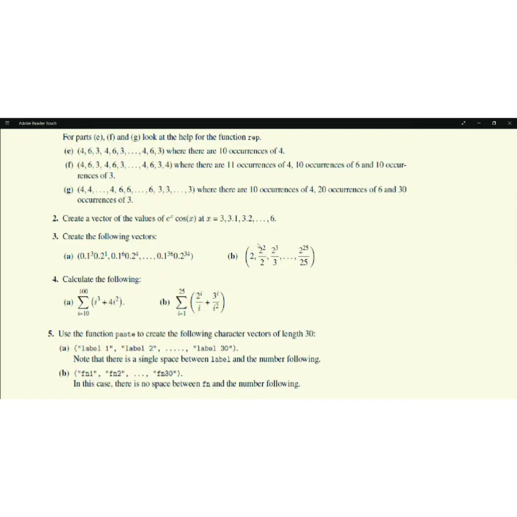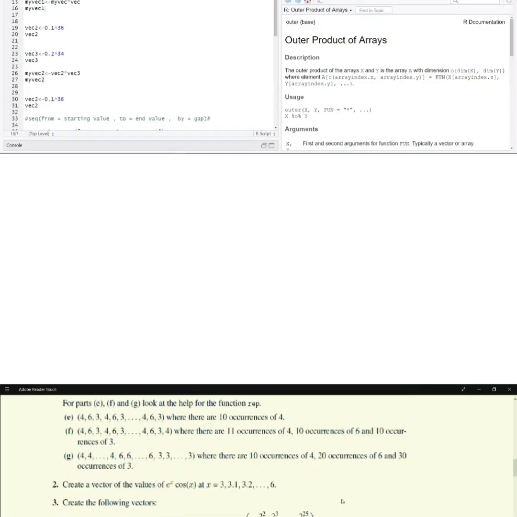For vector creation, we use the c function in the R language. For running the commands and programs in our language, we must have an integrated development environment installed in our system. One such integrated development environment is RStudio. We can use RStudio to run our commands and programs. So now let me share my RStudio screen with you.